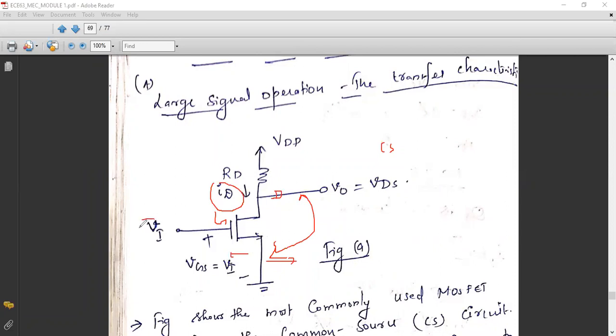Whatever we are applying here as the AC input comes across gate to source. This is a simple circuit without any potential divider network. So whatever we are applying to the gate terminal, that is Vi, will come across the gate and source, as Vi is parallel to the gate source terminal. Therefore, we can write VGS is equal to Vi. Similarly, V0 is equal to VDS as far as the circuit is concerned. So Vi is equal to VGS and V0 is equal to VDS. Any doubts regarding this?